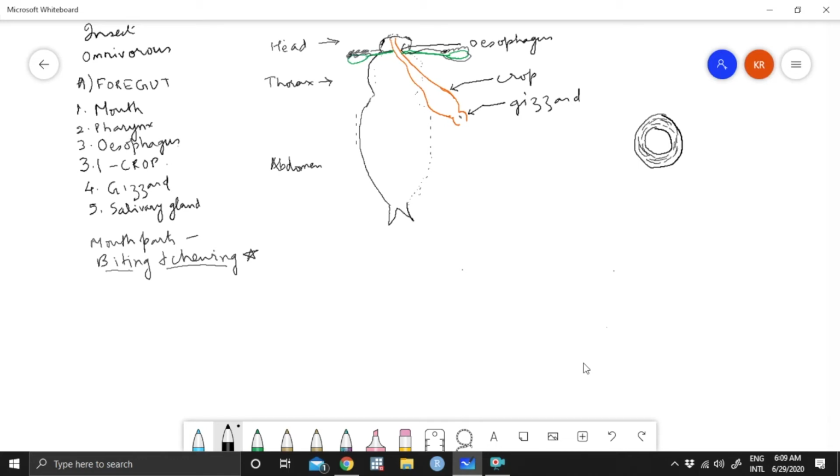These are circular muscles, and there are teeth. 6 teeth are there. So how do you show 6 teeth? You show a Y like this, this is 3 and this is 3. Very simple diagram to show gizzard. TS, transverse section of gizzard. These are circular muscles and these are the teeth. This part is the teeth. So this is TS of gizzard.